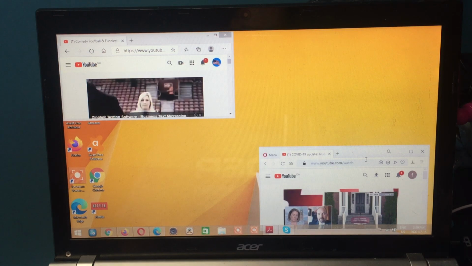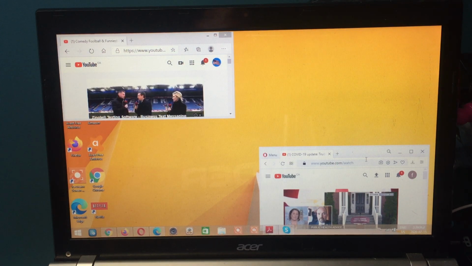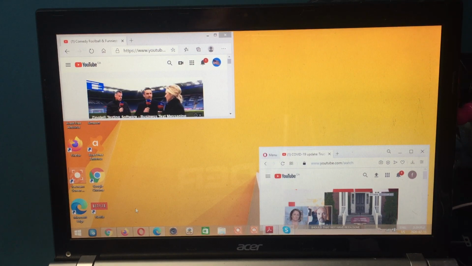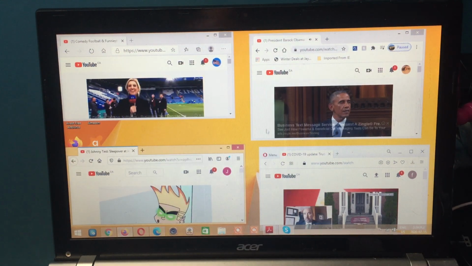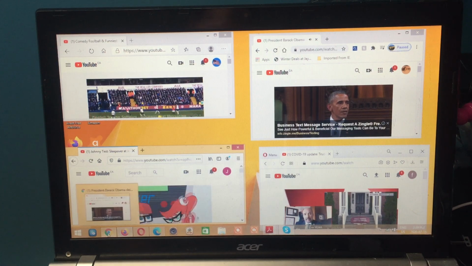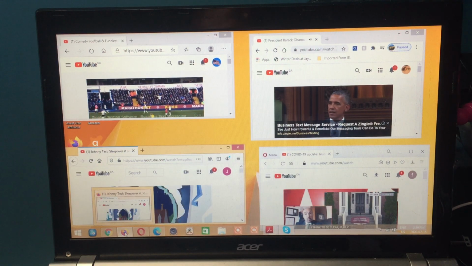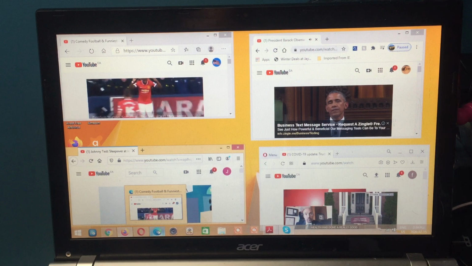So let's start. As you can see, I have opened two browsers on my laptop, and I have four browsers in total: Google Chrome, Firefox, Opera, and Microsoft Edge.